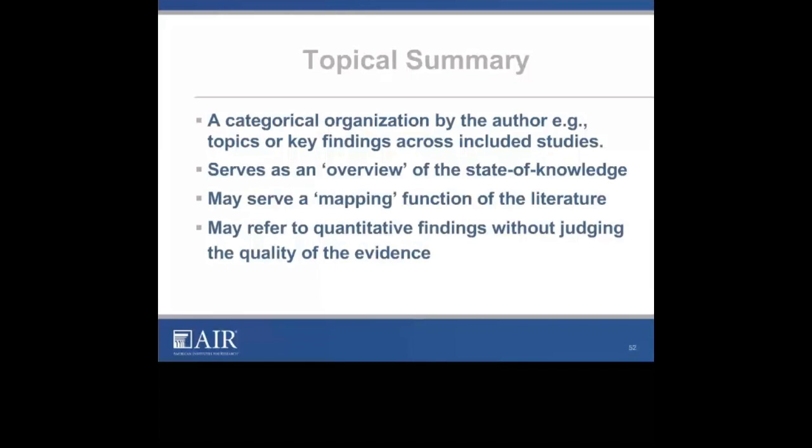Topical summary. This is where there's a categorical organization determined by the author. It's really an overview. It's sort of a mapping function, not in the way that Oliver presented earlier, not nearly in that kind of detail, but a mapping function in the sense of where does all this sort of lead us. They may refer to quantitative findings, but they're seldom judging the quality of the evidence. And in this case,